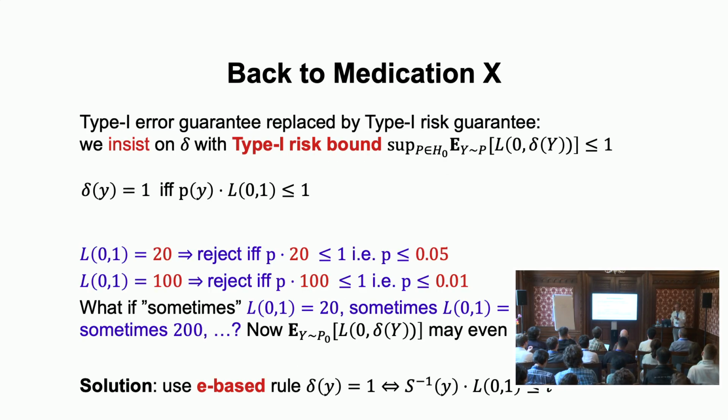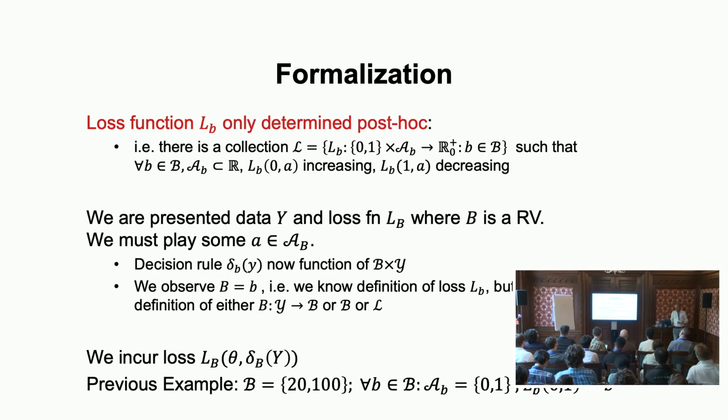You could actually generalize this even if there's more than two. It's not just 20 or 100, but the loss could be any real number. And you have an adversary for whom the more convincing your outcome is, the bigger the loss will be. Then you can even get expected loss infinity if you follow the p-value rather than the e-value. Given the time, maybe I should skip the formalization.